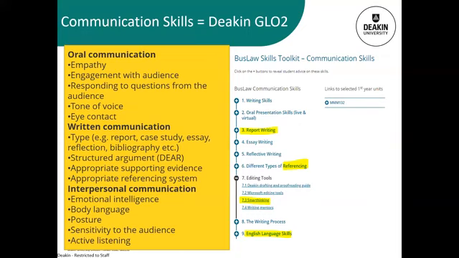So this one is highlighting communication skills, and in yellow there you can see the relevant parts that would be useful for MMM132. But there are other toolkits too that you might want to take note of for your other units. So there's toolkits on maths and using Excel and statistics. There's also a legal skills toolkit too. So again, these have all been prepared by other students to help with your learning.